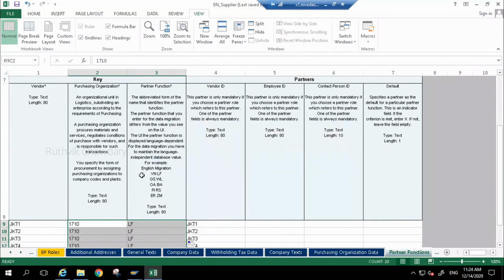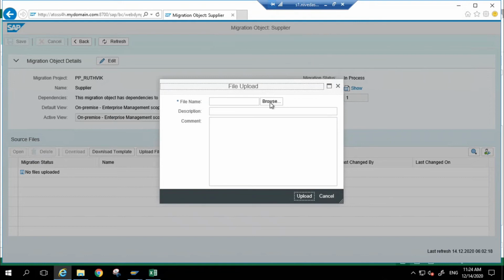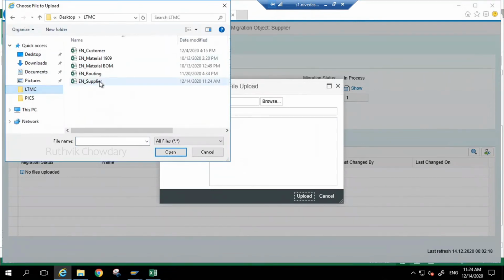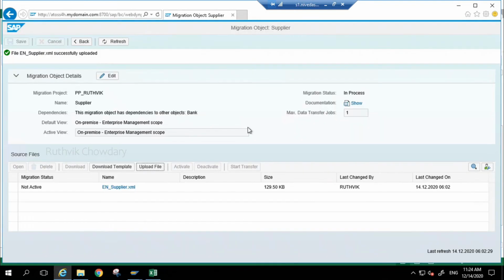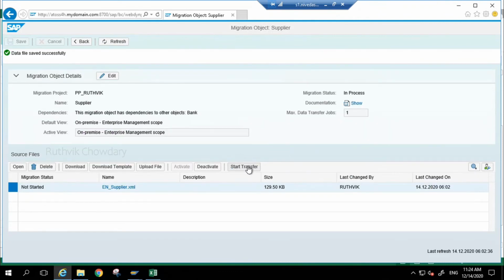So now once you have maintained the details completed, so we'll click on upload file. So we'll choose what is the file it is there. So this is the one and upload. So once the file is been uploaded, we have to activate the file. So once the file is activated, then we'll click on start transfer.